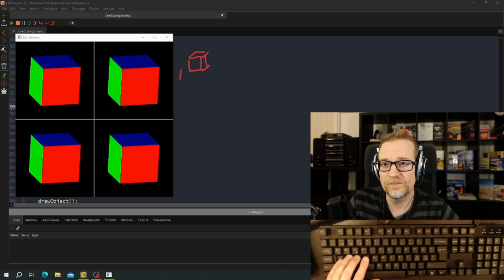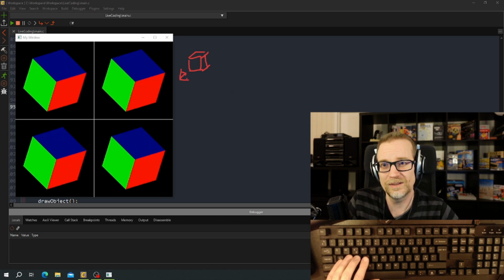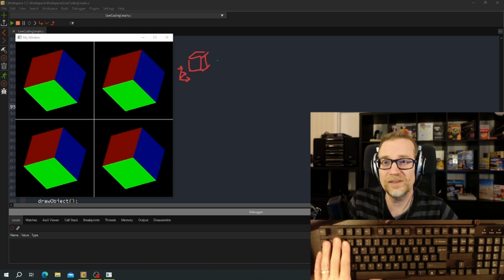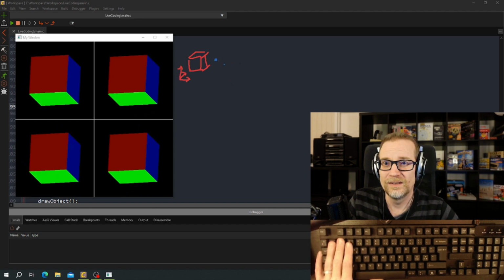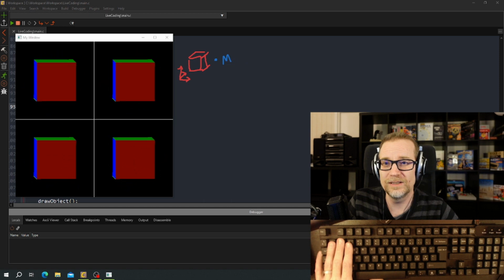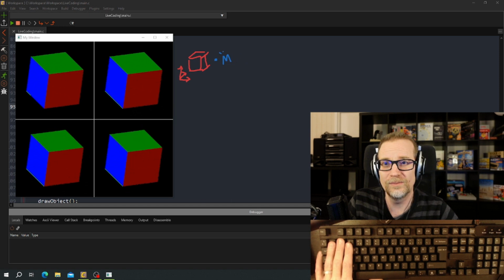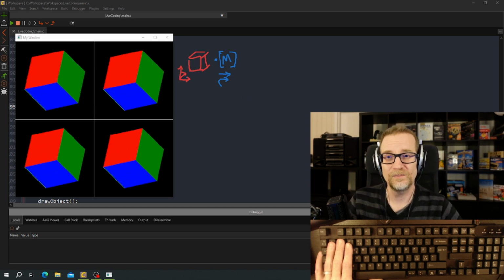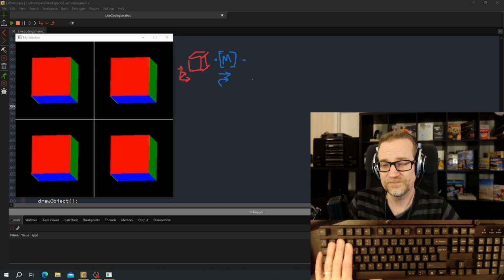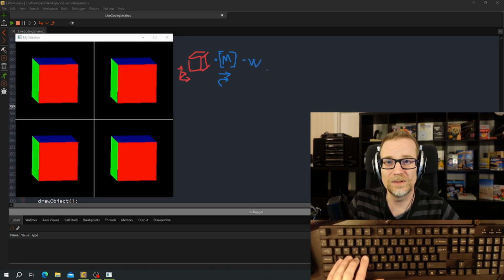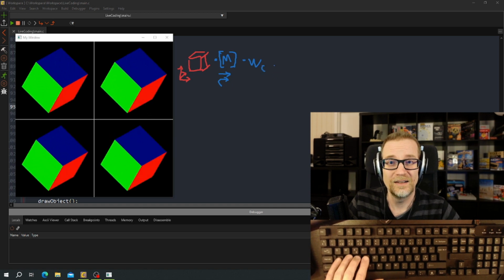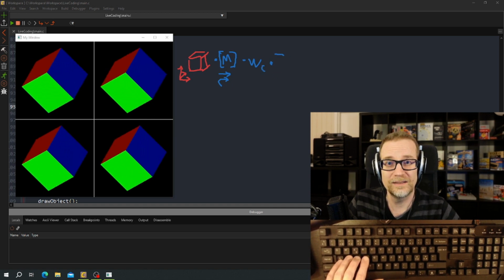We have the object hanging around in its own coordinate system. The object doesn't know anything about it. We have the model view matrix that has the translation and rotation coded in. If we multiply these two together, we get the coordinate in world coordinates, and then we multiply that